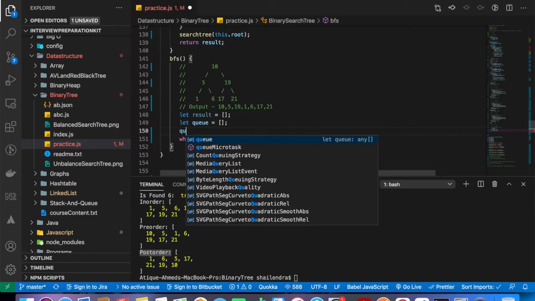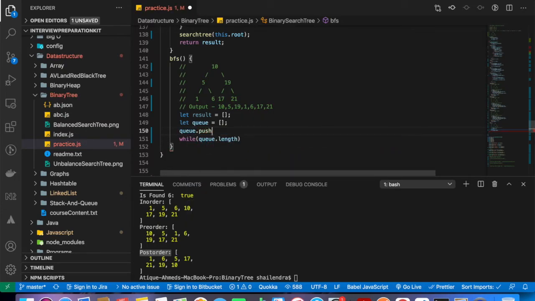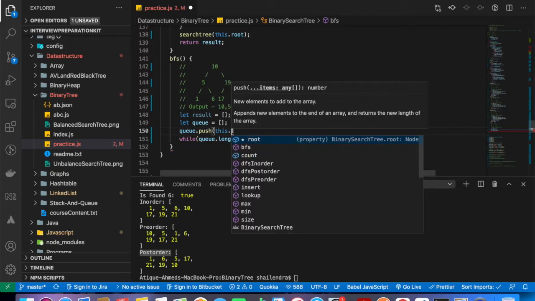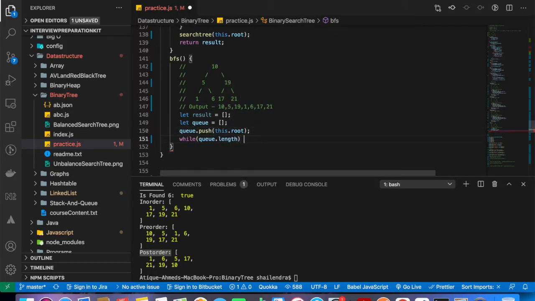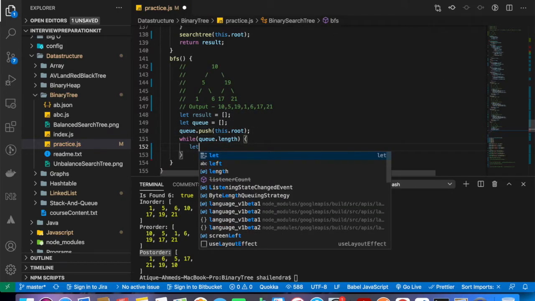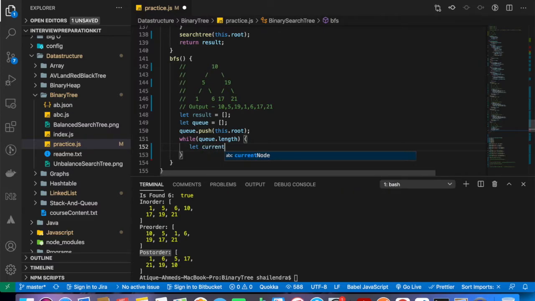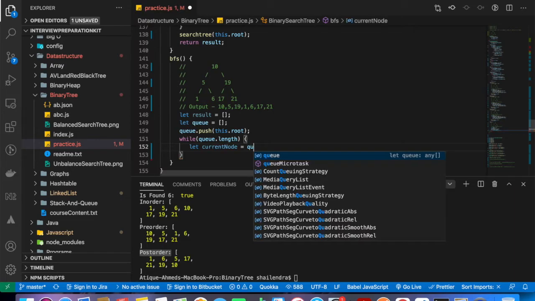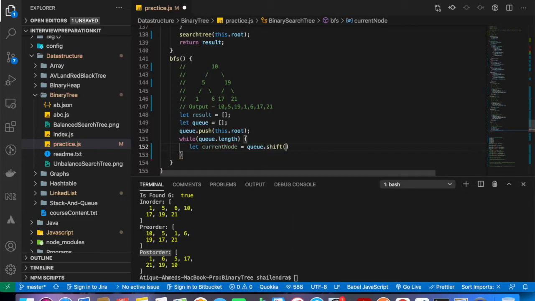Before that I need to say q.push(this.root), and I can say let currentNode is equal to q.shift(), and result.push(currentNode.value).